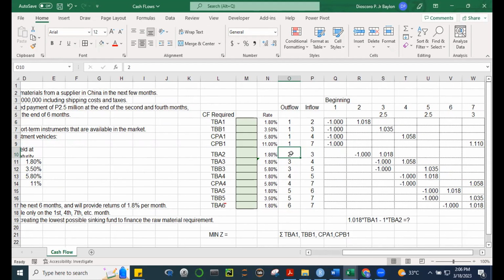All right, so this is an outflow on month 2. That's why you have -1 there. And it will be an inflow on month 3. Okay, so month 3, it's an inflow, it's positive. TBA the same. On the third month, it will be an outflow. That's why here you have on the third month, it's an outflow. And on the fourth month,